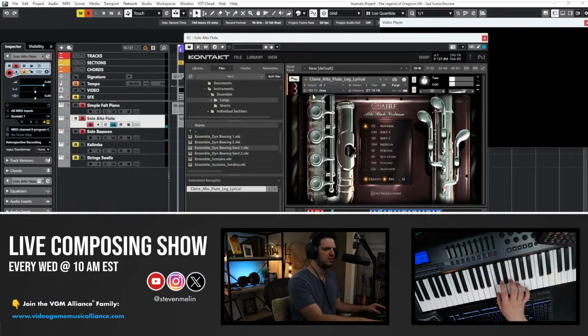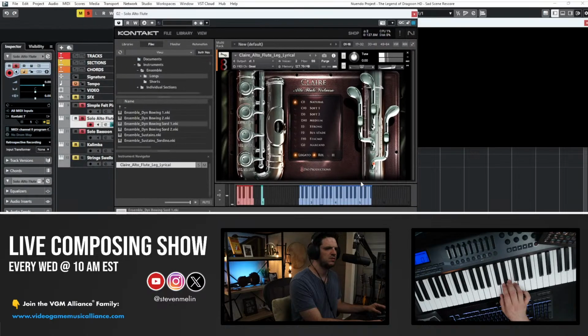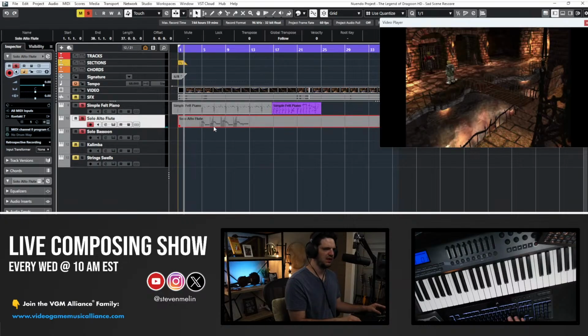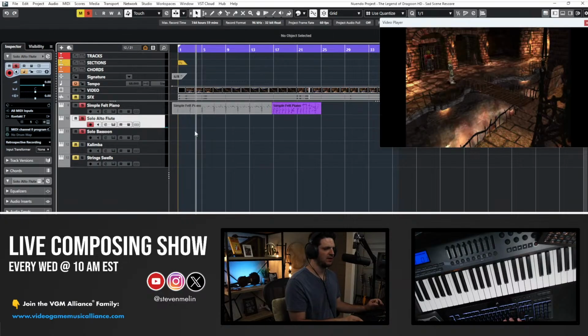Go back to the flute. So quiet. It's because these are down. It's also an alto flute, which I think is really nice. It has some like oboe qualities in it without being overly harsh and nasally. I love oboe in the right context, but I hate oboe if it's not needed.